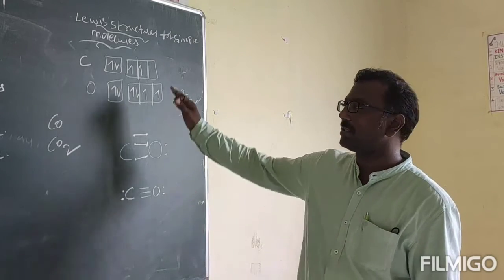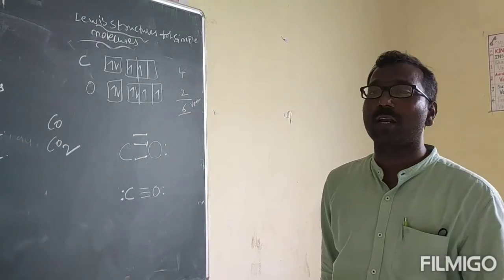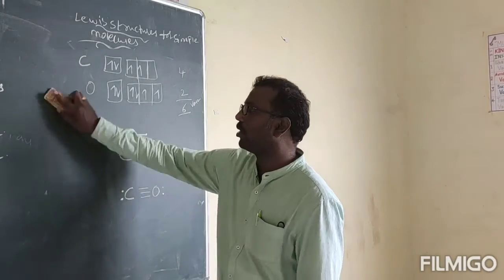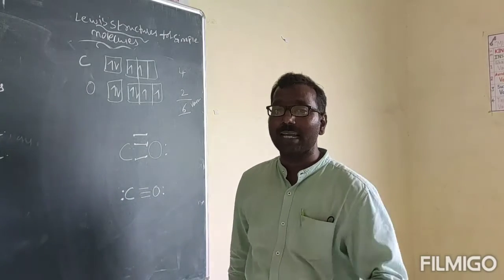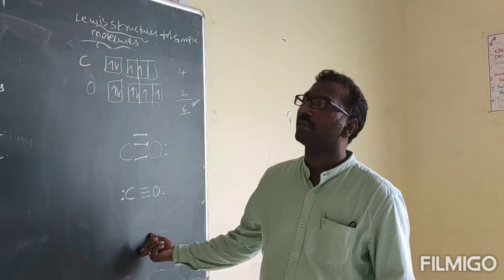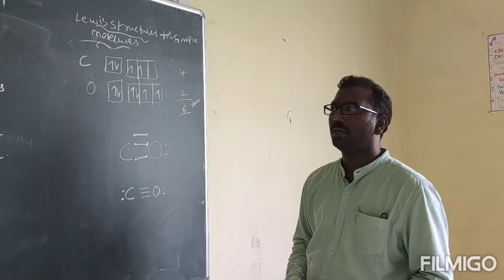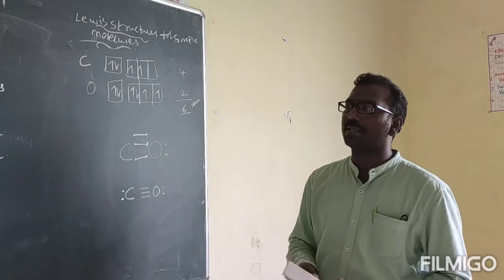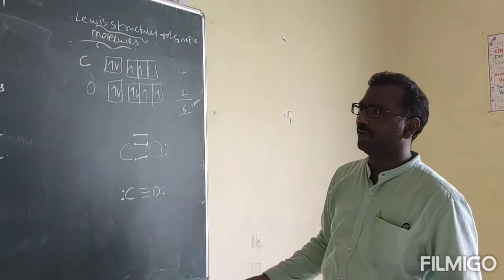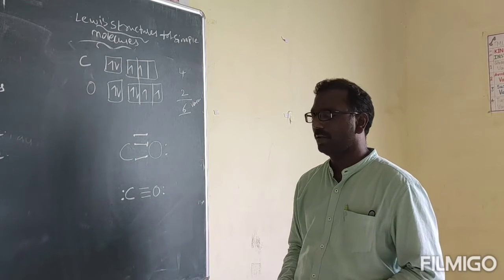So Lewis structures will give this. And one more important thing is Lewis structures are not the exact structures. This you should keep in your mind. These are not the exact structures. Depending upon the data I am drawing them. There are some rules for drawing the Lewis structures. What are those rules? I will say to you. First, I think you note down this first of all. Structure of CO will be like this.